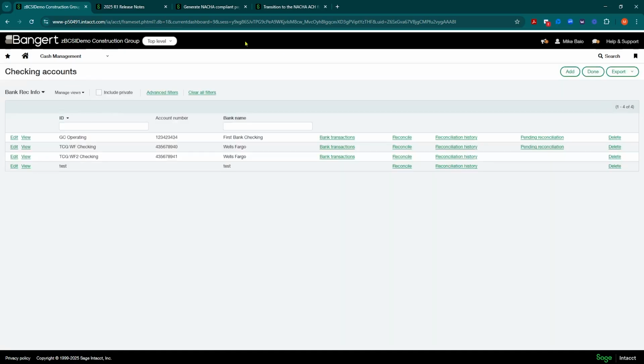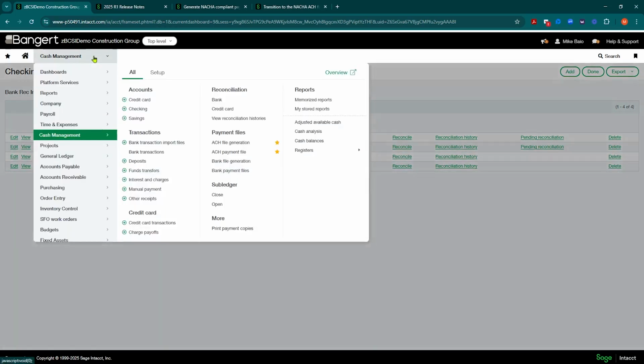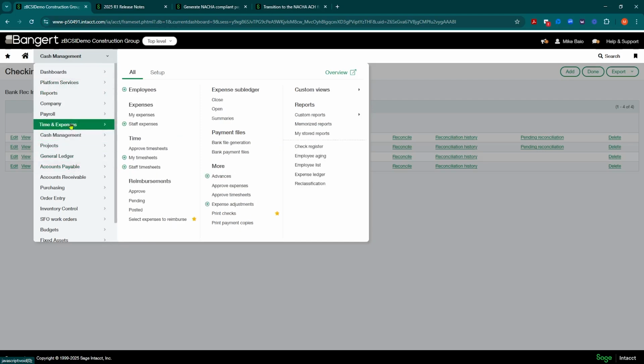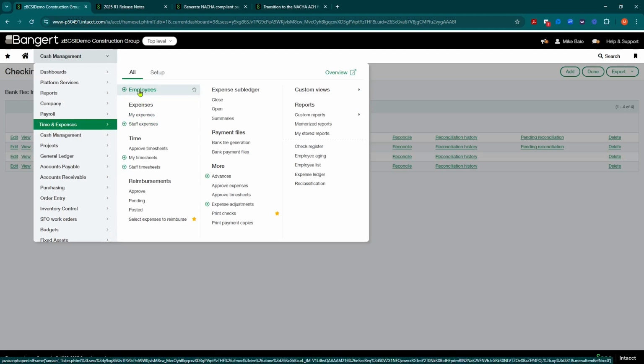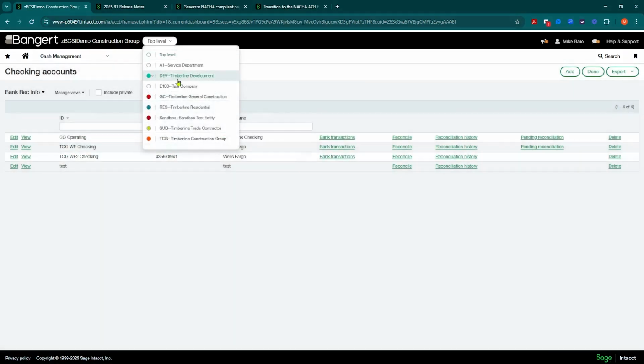And then the only other area you'll need to flip it around, and this goes back to that transitioning instructions if you already have this set up, to use that so you can import that information in. But you can also do it manually. So if I was, let's say, doing construction payroll through Sage Intacct construction payroll, I might come into my employee setup in time and expense here, and I'm going to actually go into the GC entity where I have some employees set up.